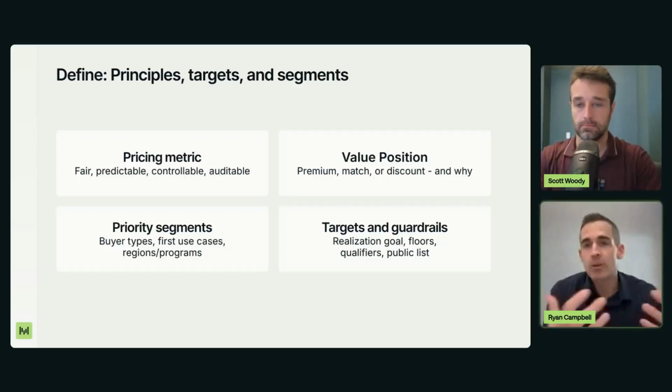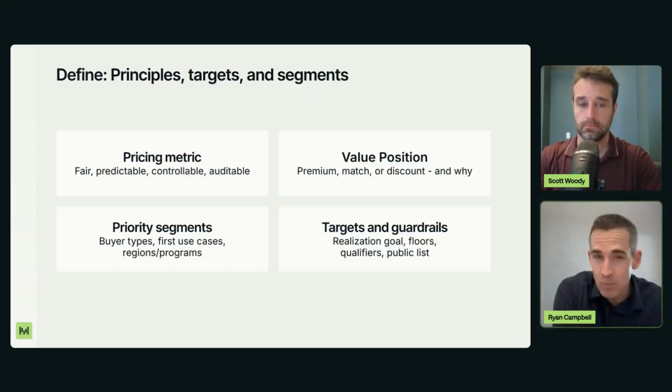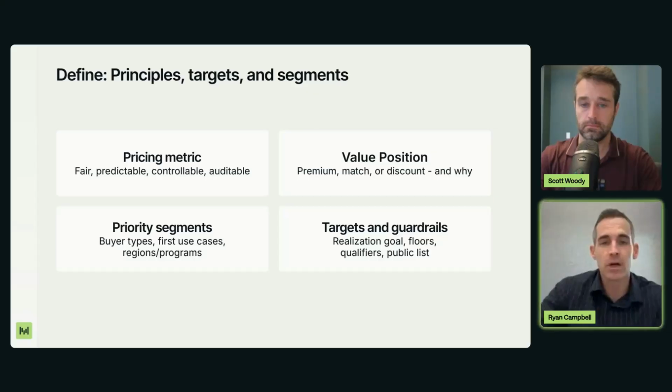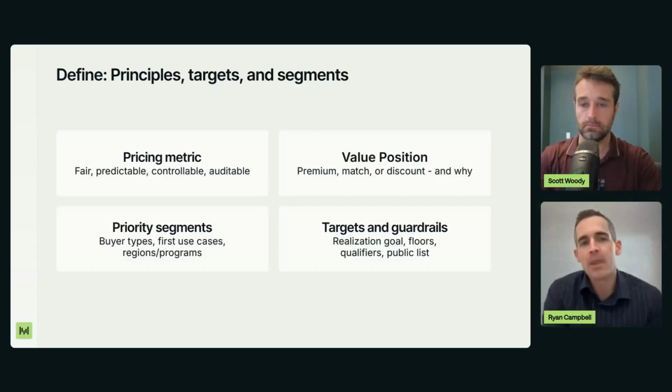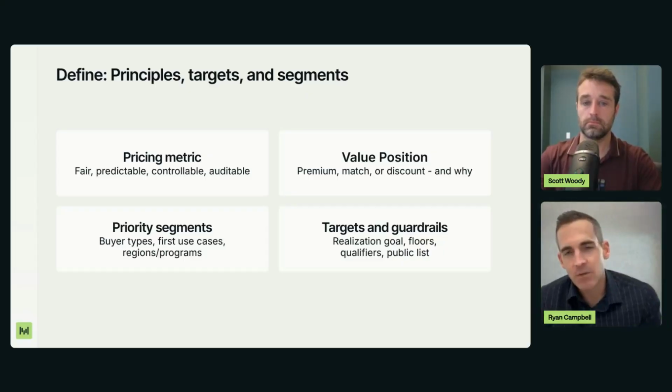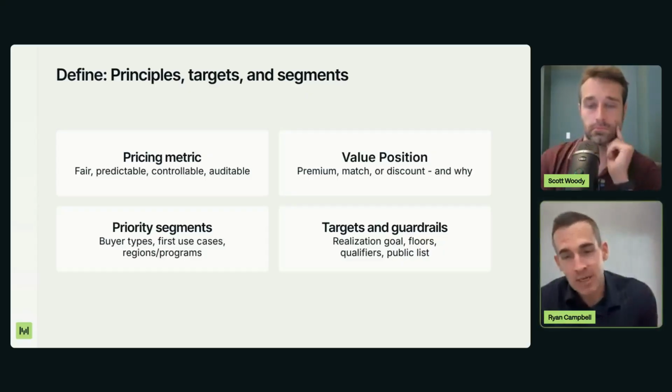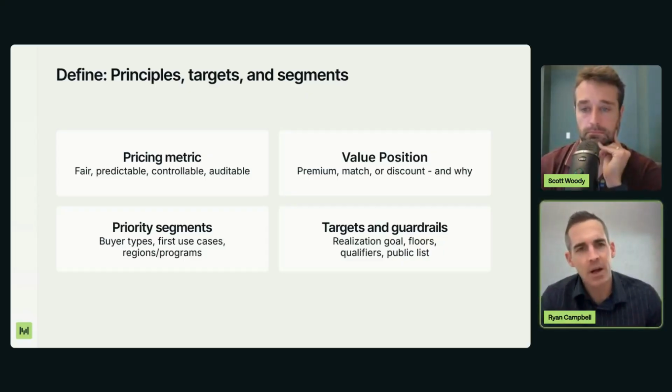Who's the buyer? Who are we going after? Is it our traditional persona that we go after today, or is this potentially a new person, right? Is it more of a developer? Is it more of a Spark engineer? And then starting to also think about what is the right pricing metric itself. Now, you're not making decisions on the pricing metric at this point, but I think you're laying out options.